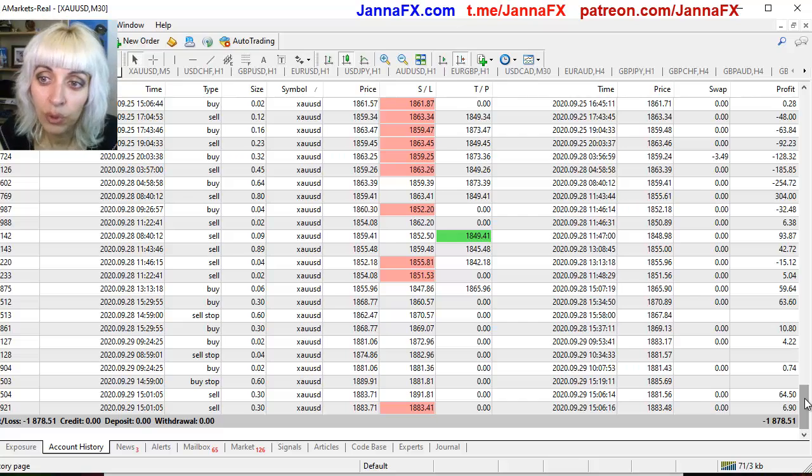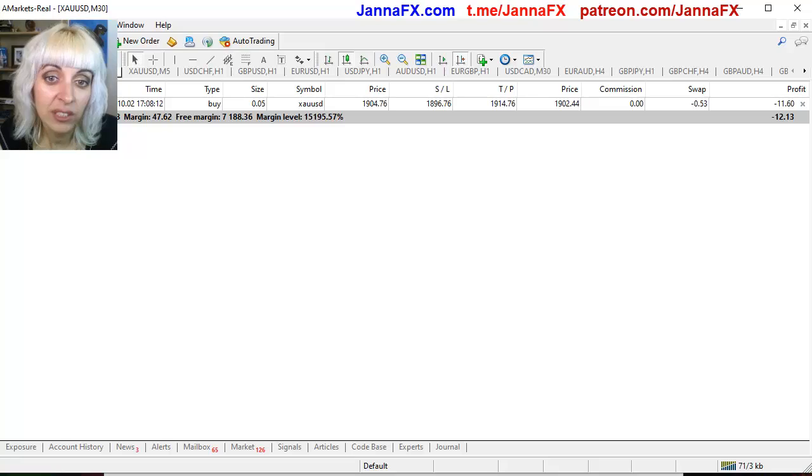But when you go completely fully auto, that's what can happen, you see, guys. And right now, at this moment, this is what we have floating. It's in another trade, the lot size right now is 0.05, and it's recovering. Of course, maybe I should look at the settings and change them a bit, but I thought I